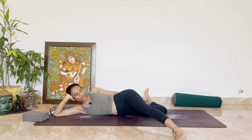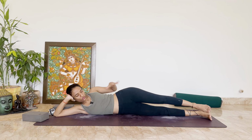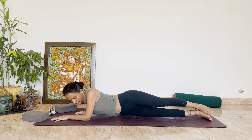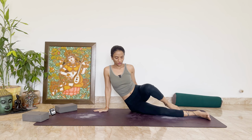And slowly release, straighten your bottom leg, bring your left leg, the top leg, up and roll yourself back, palms on the ground, lift yourself back up, and we're going to move on to the other side for